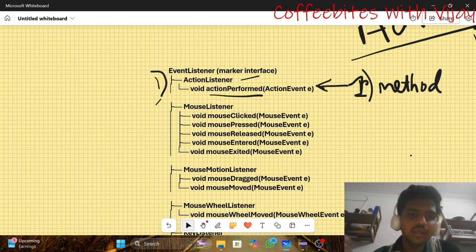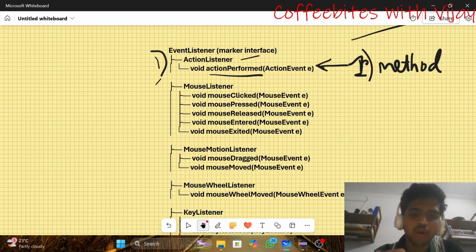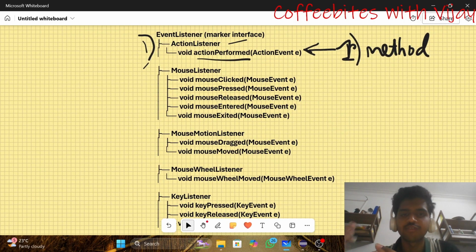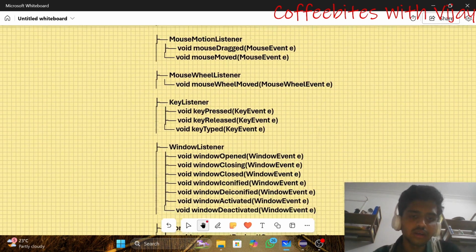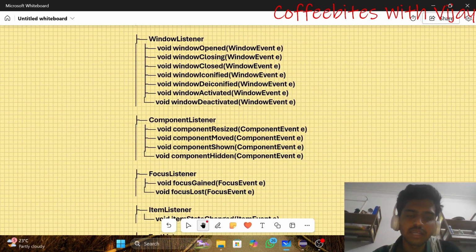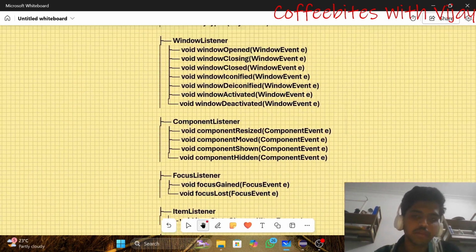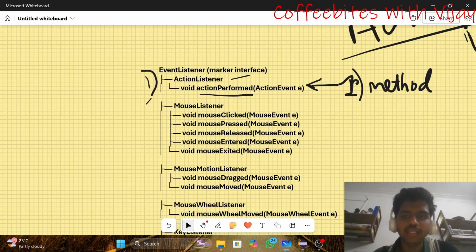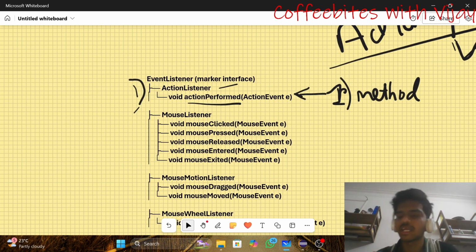Guys, there are so many interfaces, that is mouse listener, mouse motion listener, and you can even see the respective methods inside the interfaces. All these interfaces I will be explaining in the upcoming videos. So today I will be explaining only about the action event class, and inside it the action listener interface.